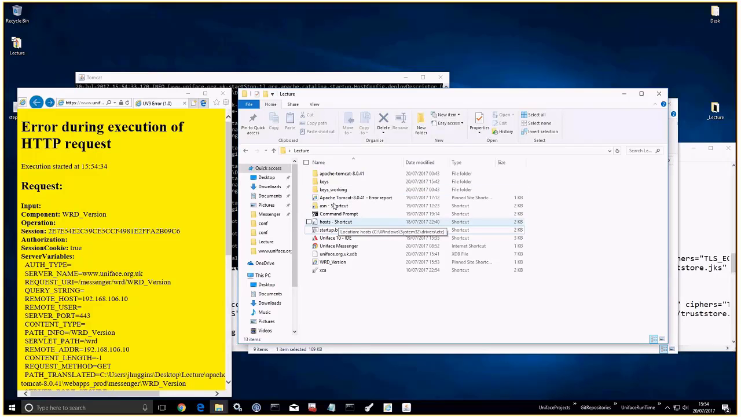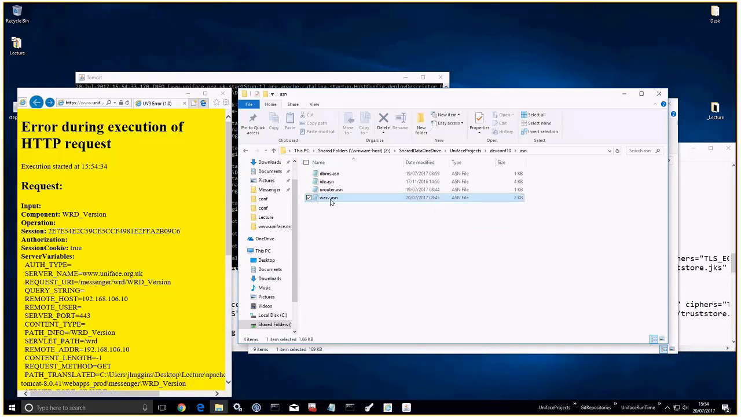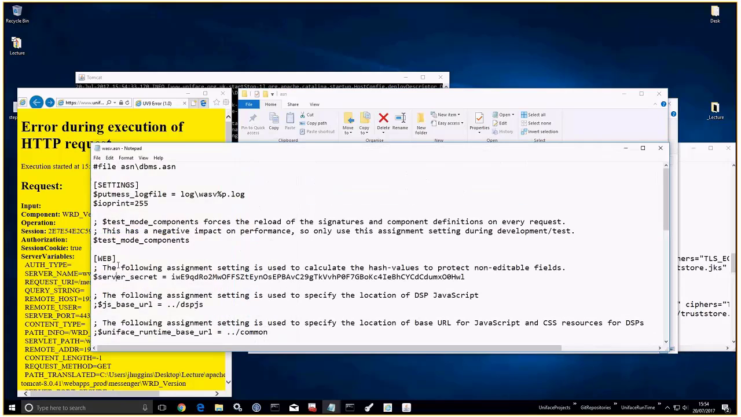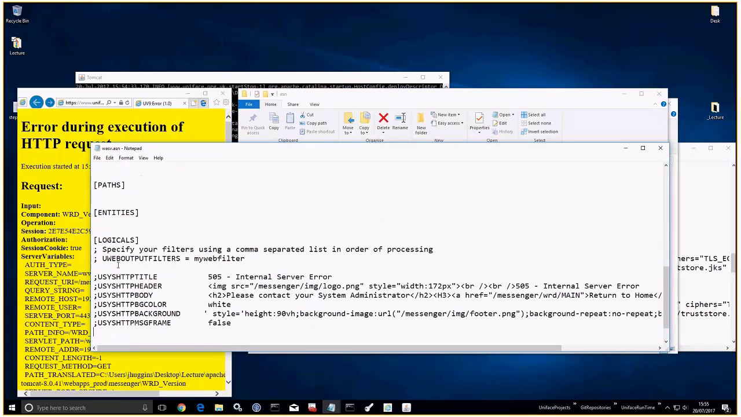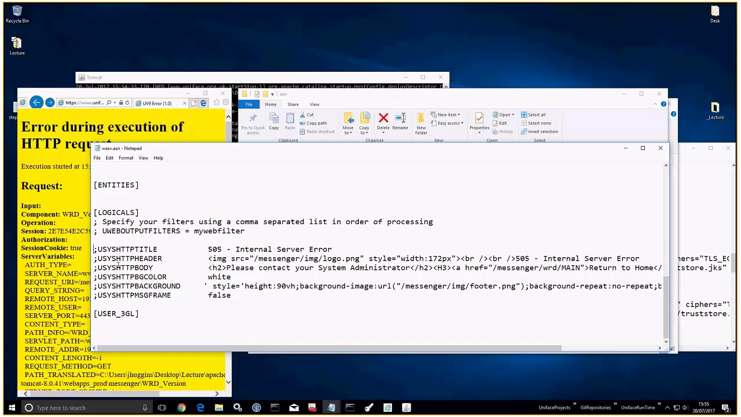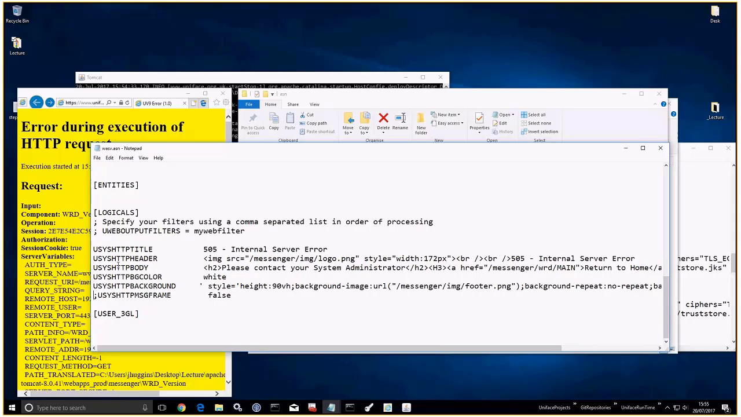If I go to my assignment file, wasv.asn, scroll down in here, we have the set of logicals I mentioned. And what I'm doing with this set of logicals is replicating my default error page. So I'm saying 505 internal error, and then the body of the document. Saying message frame false because again I don't want to volunteer any information at all. So if I save that,